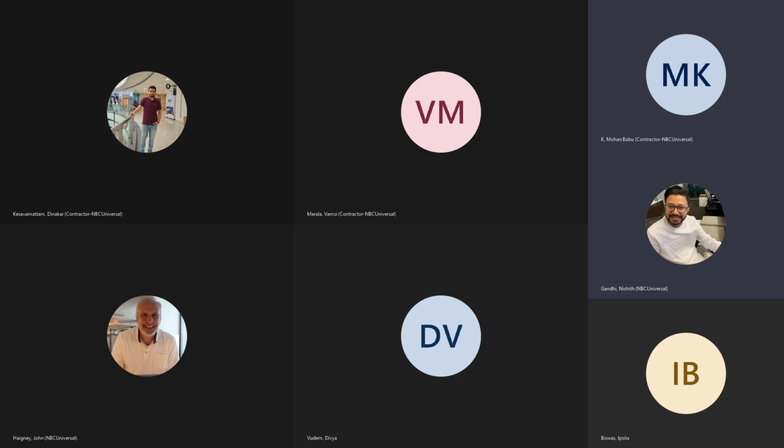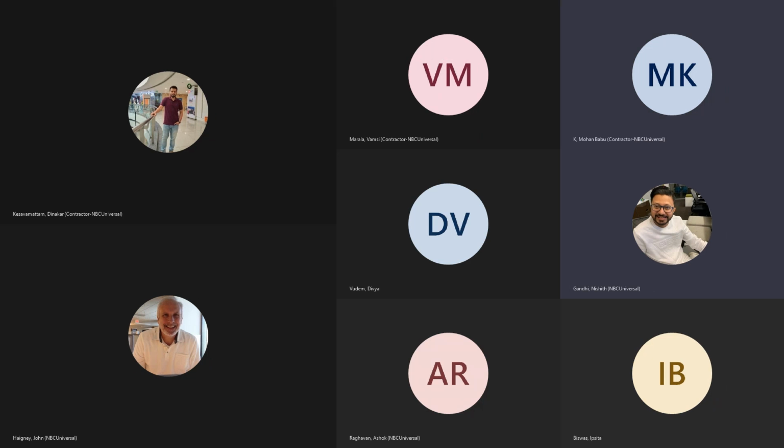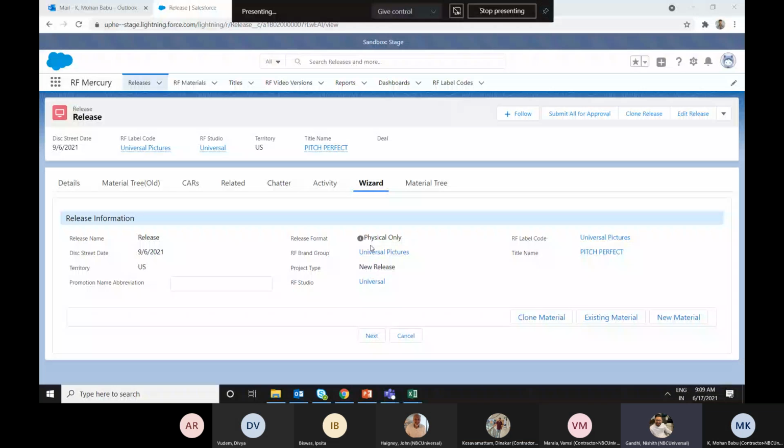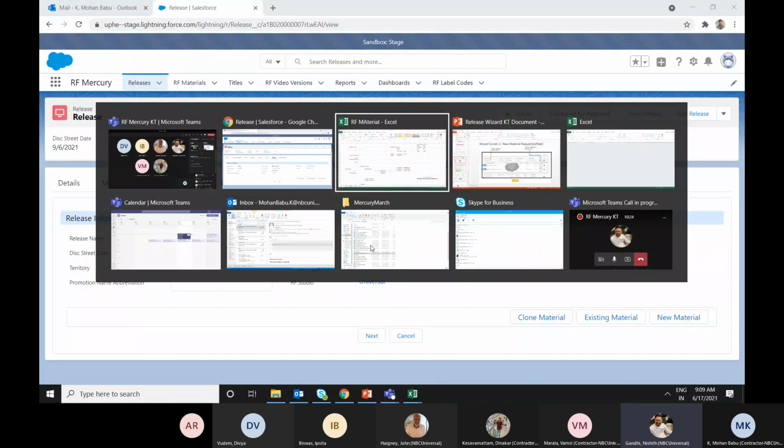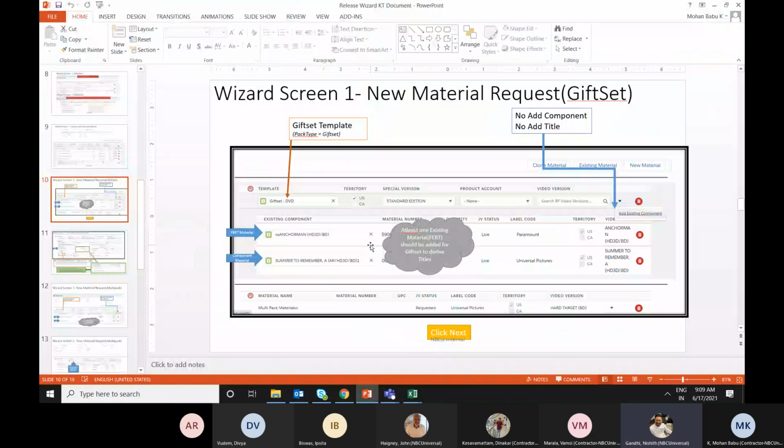Vamsi, before we go around, I know we discussed the process and everything from the Wizard, but we would also like to know, whenever you create a material through the Wizard, what the Apex classes are and what exactly they would trigger in that case. We also want to look at those Apex classes. We don't want to go in depth, but at least we wanted to know that as well. I do not know when you are going to cover that, but we want to look at that as well. Just wanted to let you know.